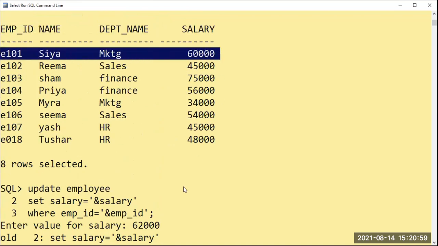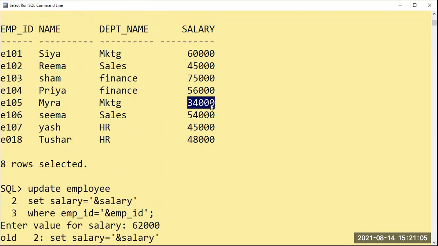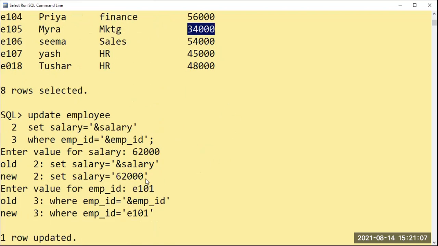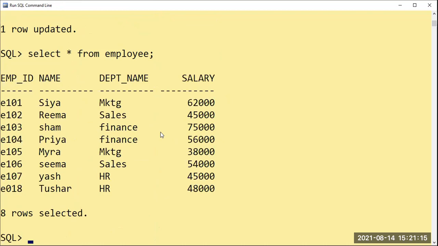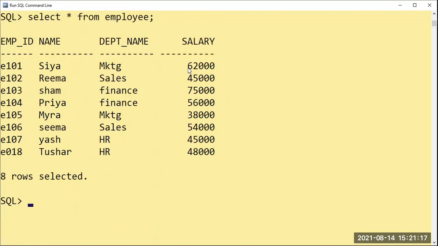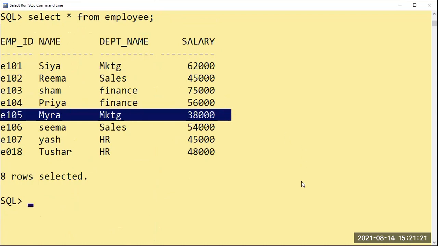CR, that is 60,000, we have made 62,000, and E105 Myra, whose salary was 34,000, was also increased to 38,000. So to check the updation, select star from employee. I will say enter. Can you see now CR salary is 62,000, and Myra salary is 38,000, which was 34,000. Now this situation is completed.